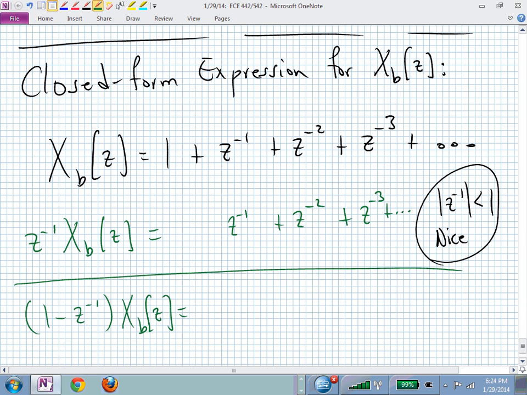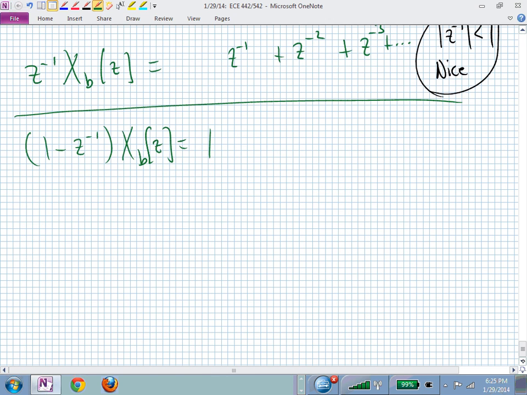On the left, I have capital X sub b of z, and I subtract z to the minus 1 times X sub b of z, and I can make that look that way by factoring out the common capital X sub b of z. Now if I take the difference on the right-hand side of that equality, what do I have? 1. That's the only term that's different on those right-hand sides. So now I really have my result. I now know that the z transform of this unit step is 1 over 1 minus z to the minus 1,